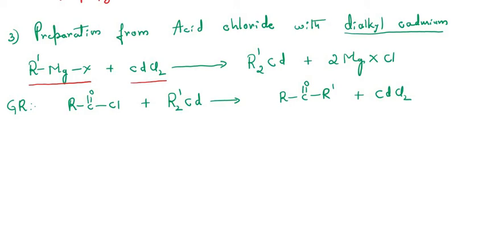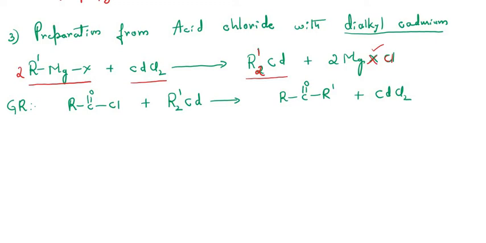When this cadmium chloride is made to react with the Grignard reagent, we will be getting R2Cd, that is dialkyl cadmium, along with the formation of magnesium chloride. Here magnesium is divalent, and we are having a halogen X along with it, so the Grignard reagent part X should be Cl itself. But in this dialkyl, this R is how many times, students? 2 times. So therefore we have to take here 2 times. When I take R' 2 times, we are getting R'2, that is also 2 times. Is it clear, students?